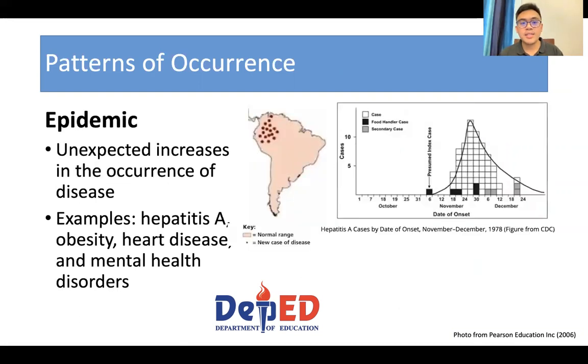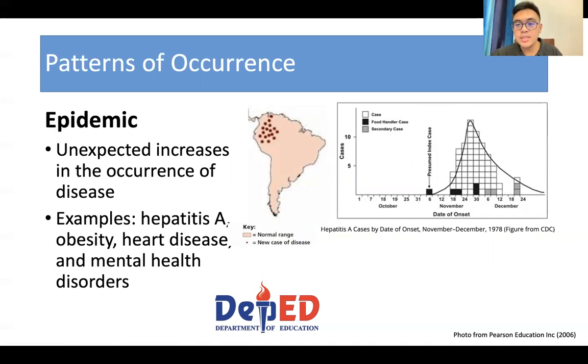Another pattern of occurrence is what we call epidemics. So these are actually described as unexpected increases in the occurrence of a disease in a specific geographical area. So on your right, you can see a graph. So for example, if we plot the number of cases of a certain disease in a graph, there is usually an index case where they're the ones who actually get the disease first. And then after several days, you would see a spike in the number of cases. So usually this is a